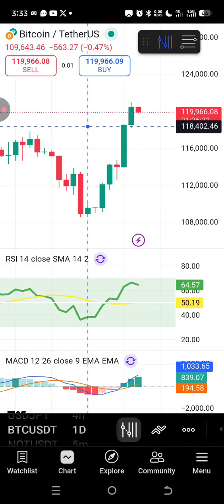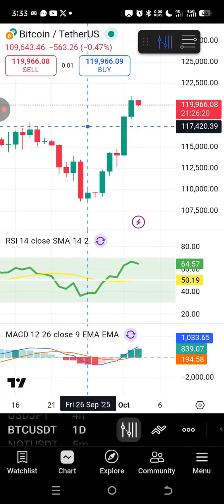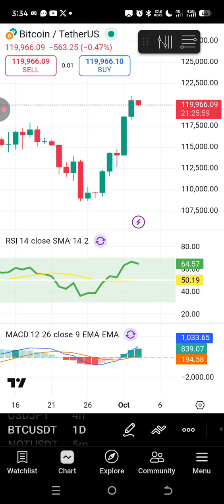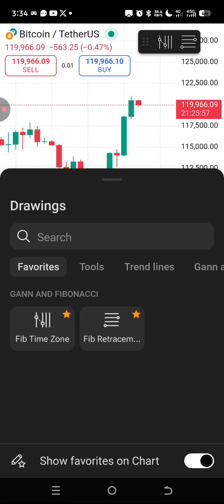You can only put 3 indicators, as you can see here. So I have the Fibonacci retracement, I have the RSI, and I have the MACD. It is only when you pay for the paid version that you can use as many indicators as you like. But right here, you can only use 3 indicators at a time. So if I tap here again now, if I tap here to pick my Fibonacci retracement tool,